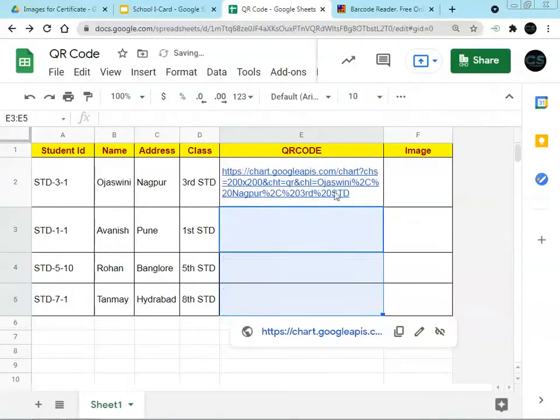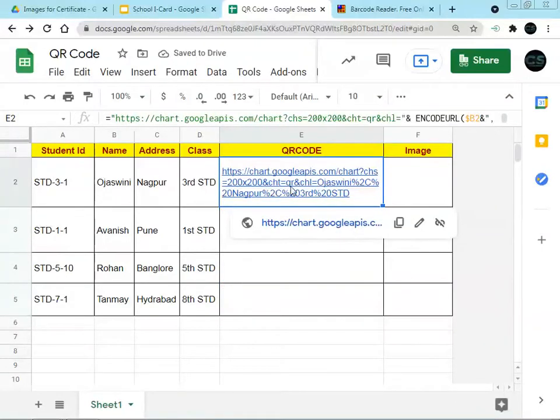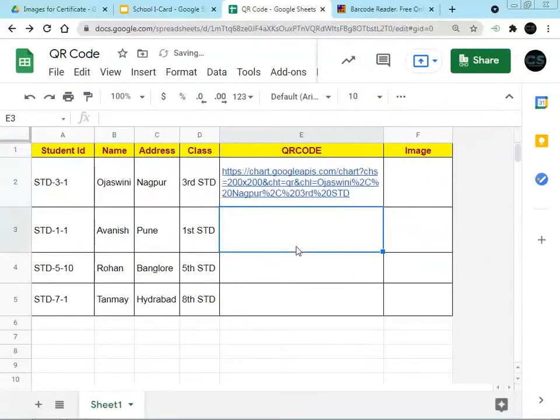We will remove this and come to the first one. In the first, we are getting the address. We are generating the QR code with the help of googleapis.com, which is the inbuilt facility provided by Google itself.